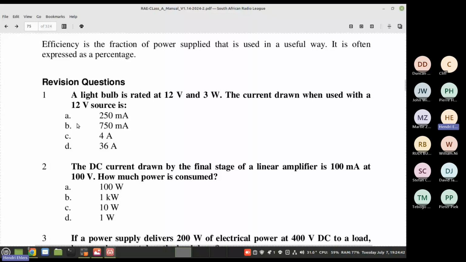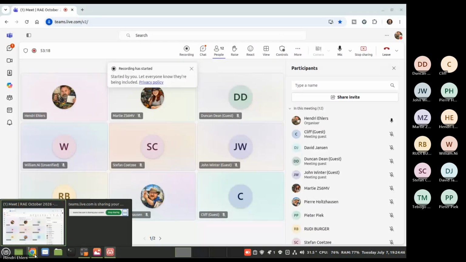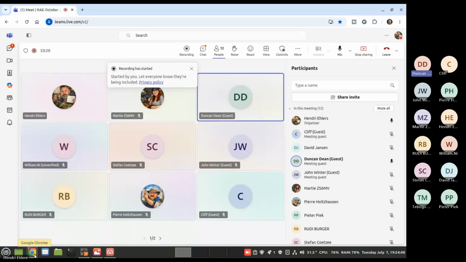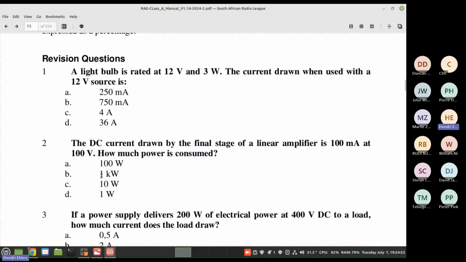Let me see if my mic is unmuted. Yes, 250, okay, cool. No, 100%. I was just wondering whether I was talking to myself for a moment. I reacted with a thumbs up, and I think Cliff did as well. Of course, I can't see that. Sorry, no, not a problem.